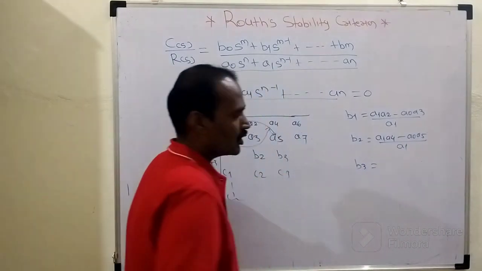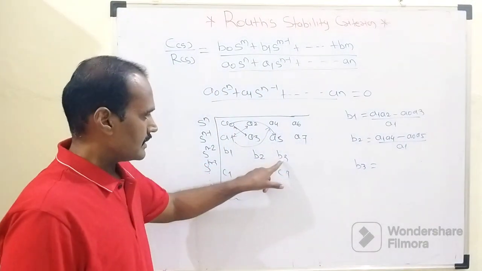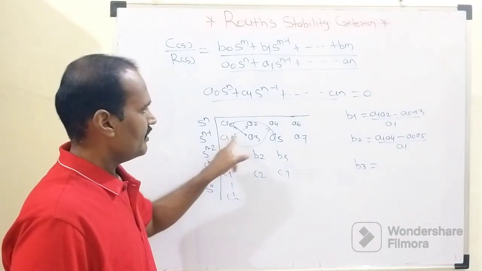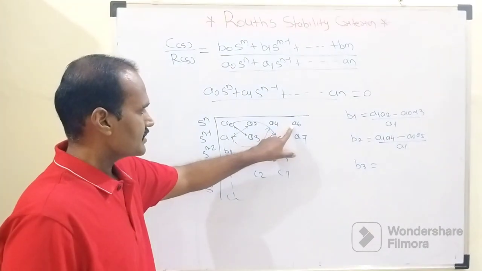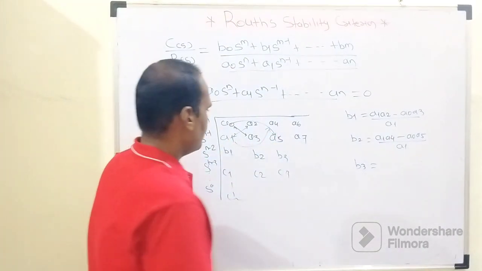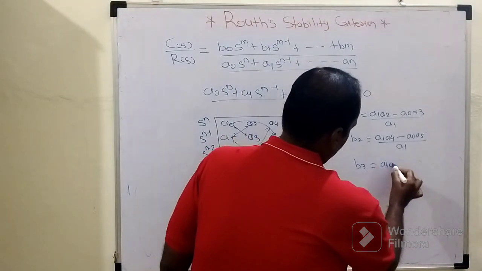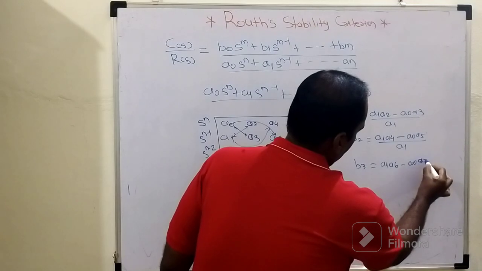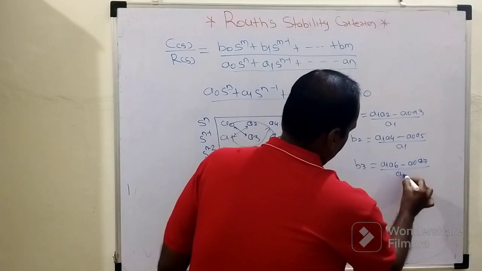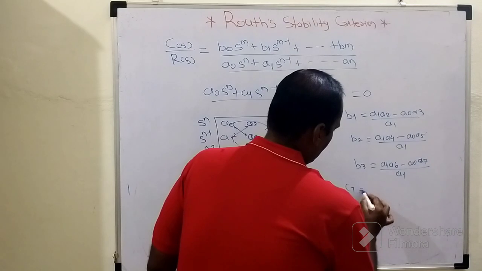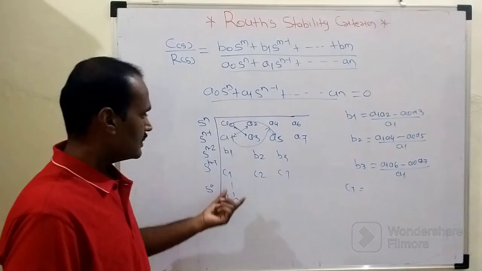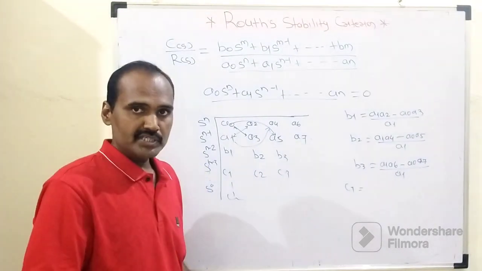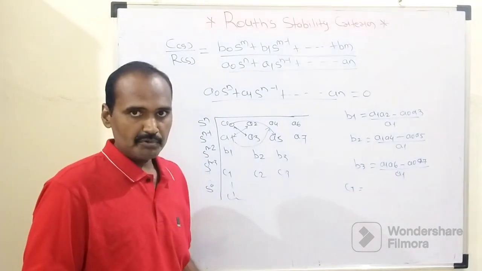Similarly B3. In order to tabulate this third element belonging to row number 3, one more time this A1 will be multiplied with this A6 minus A0 times A7. So it will become A1 A6 minus A0 times A7 divided by A1. Similarly, the elements belonging to row number 4 are nothing but C1, C2 and C3. So the way in which B1, B2, B3 are tabulated with the help of the first two rows,